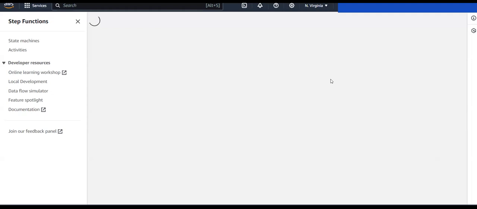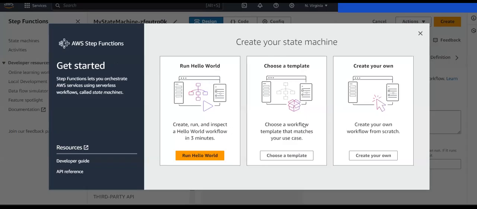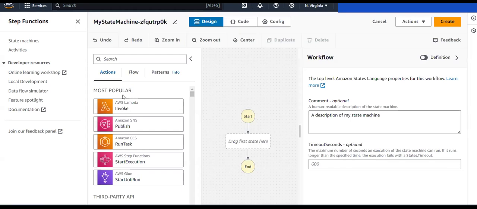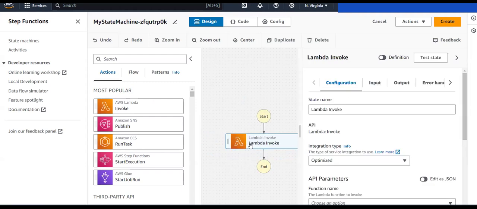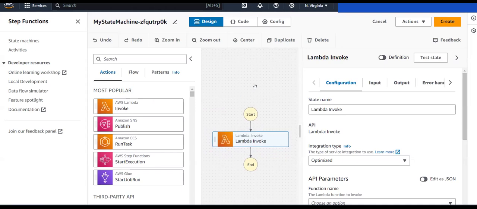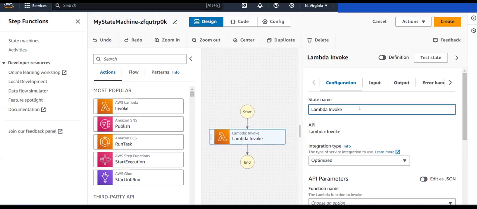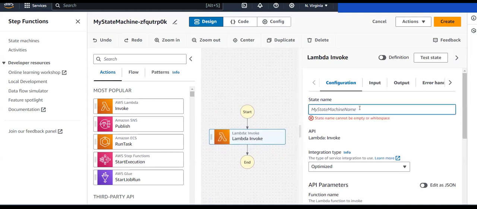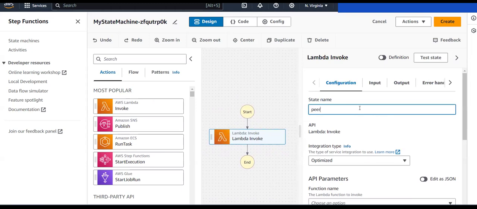Now I'm clicking on get started. Here you can see three options are there. I want to create from scratch, so that's why I'm clicking on it. You can see we just entered here. Since what I want to do at first is create a pairing connection, right? For that, I'm using the Lambda invoke. And for this Lambda invoke, I want to provide the configurations. That is, this state name you need to provide. So this is for the pairing connection. So that's why I provided